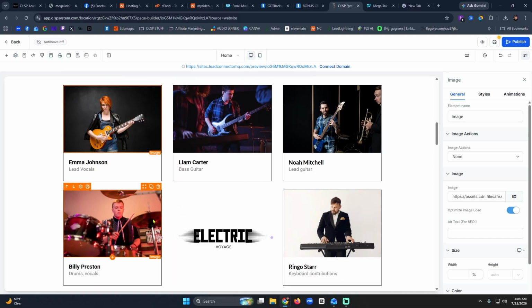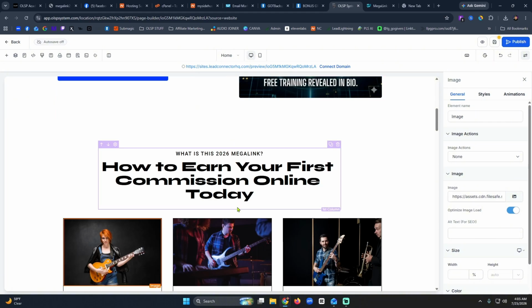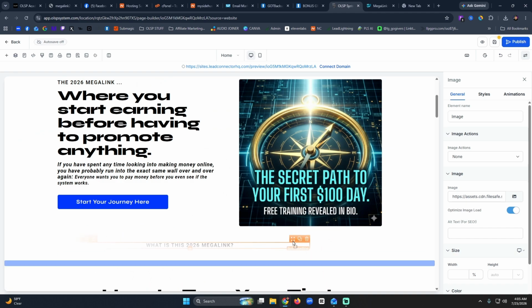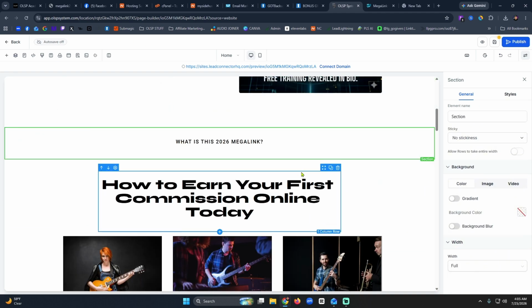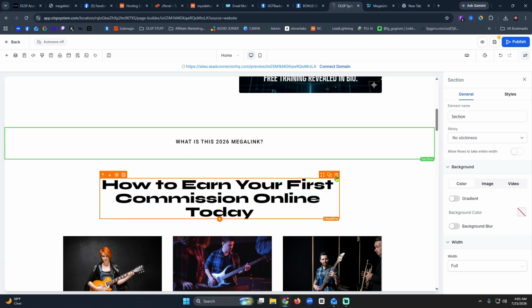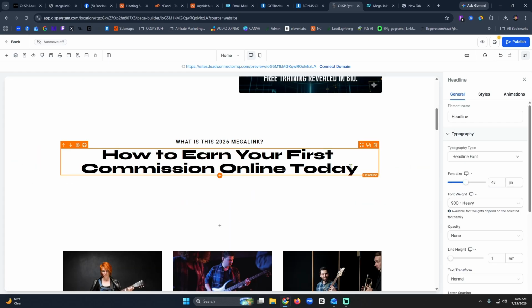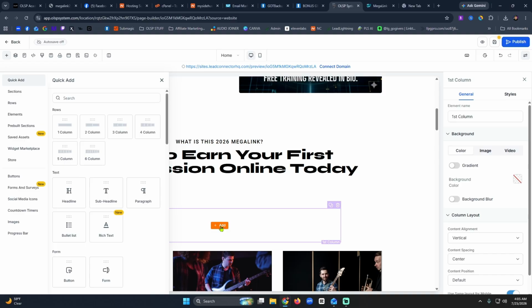But I want these pushed down a little bit. I want to talk more about the Megalink first. So before we do that, let's see if we can click on that and drag it up into here, maybe. Yeah, it kind of brought it into its own section, so that's good. So now we can add some more text about what the Megalink is. So let's go into click on Add,